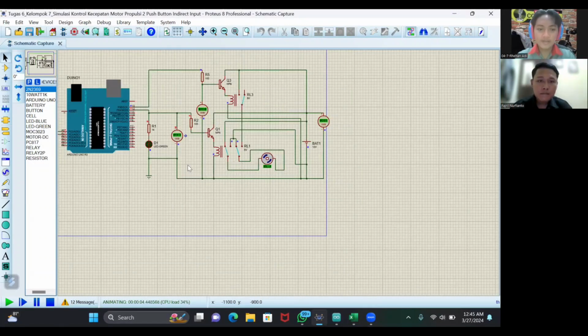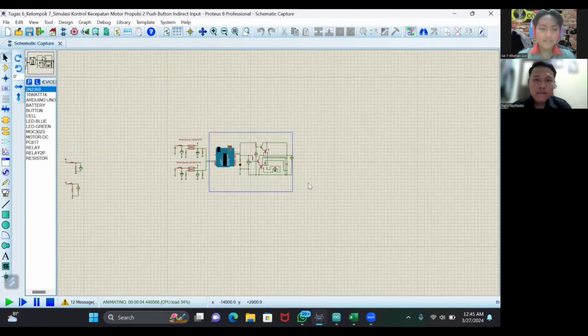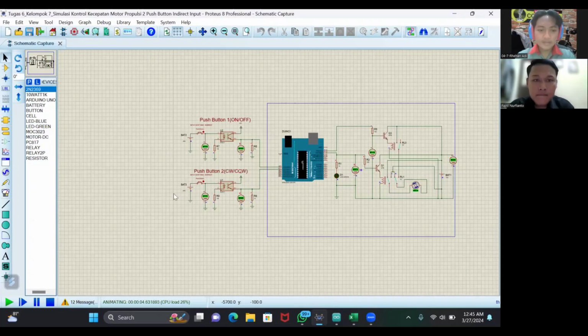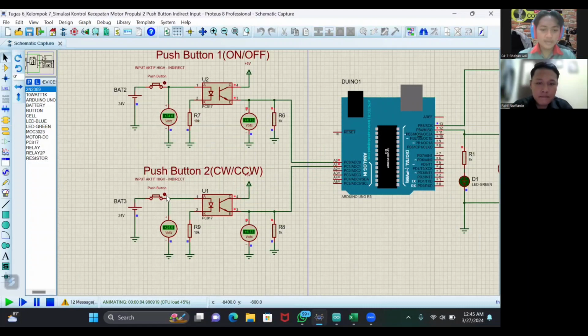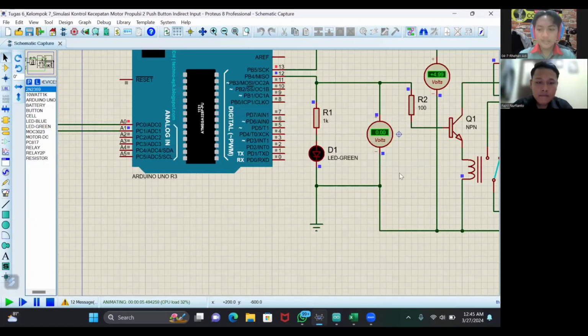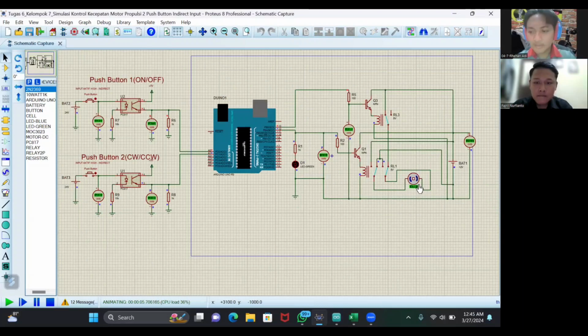And then when push button two is low, the DC motor will rotate counterclockwise. Okay, we are waiting for the DC motor to rotate counterclockwise.